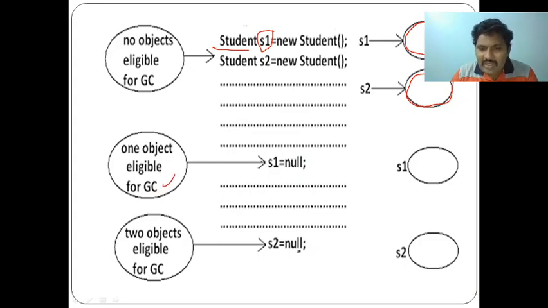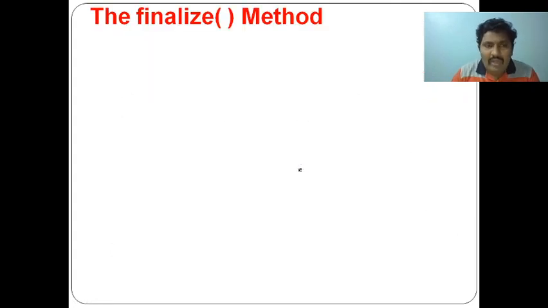Like that, S2 is also made null. So by assigning the null value to an object, we can make that object eligible for the garbage collector. Then the objects which are null, not referenced by any program, are automatically deleted by the garbage collector.